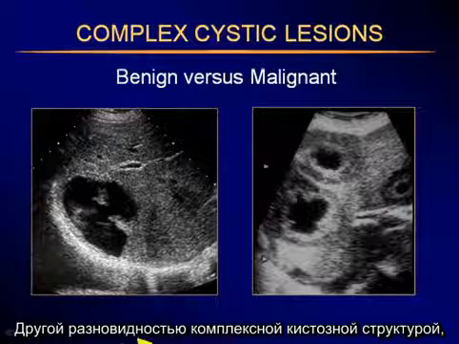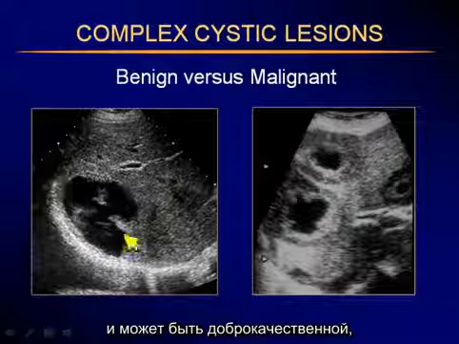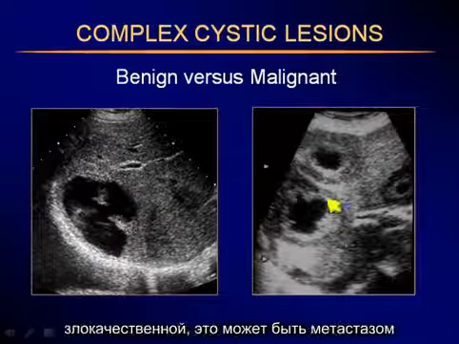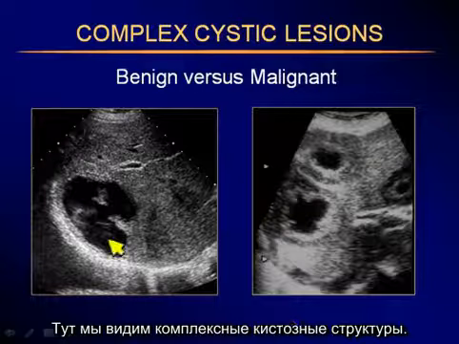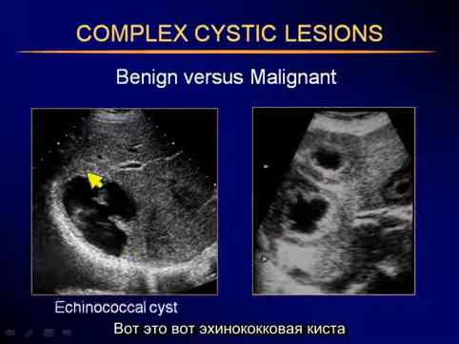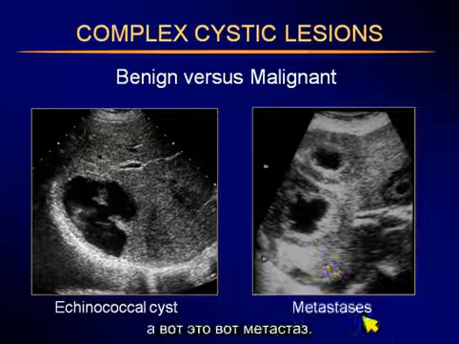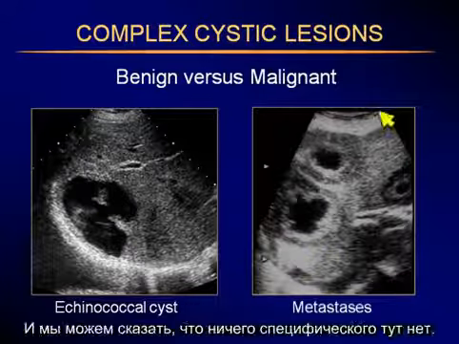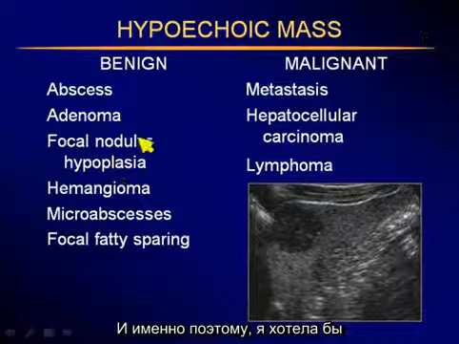Other complex cystic masses can occur. We can have benign, we can have malignant. This happens to be metastases that are complex cystic lesions. This one is an echinococcal cyst with internal debris. This one, metastases. So we can't really tell. There's nothing specific. So that's why I'd like to make